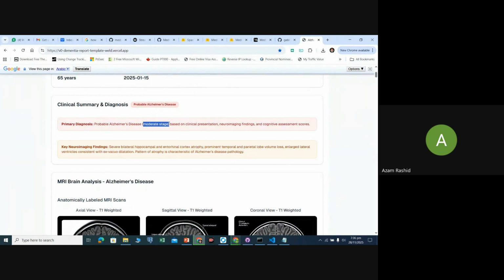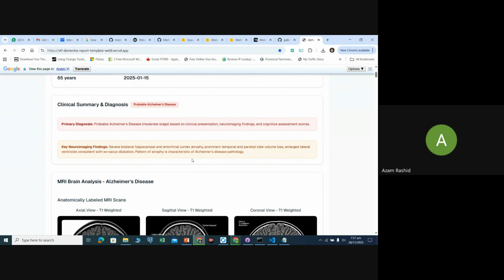It diagnoses the stage of the Alzheimer's, because there are different stages like mild stage, non-dementia stage, moderate dementia stage, and very mild dementia stage. These are the stages of dementia, but the moderate stage means you have dementia at a higher level. And after that, the key imaging findings and some other interpretation